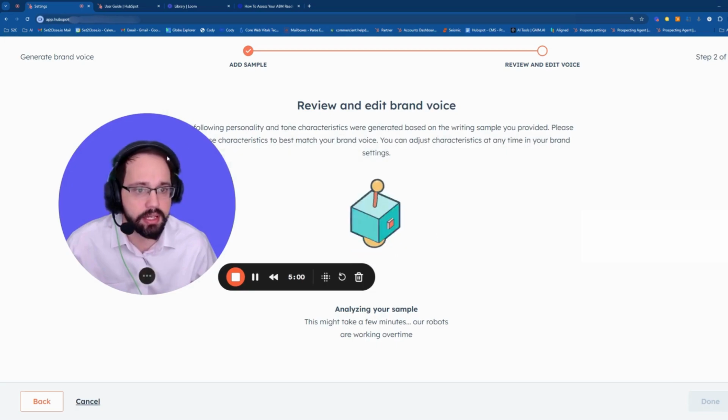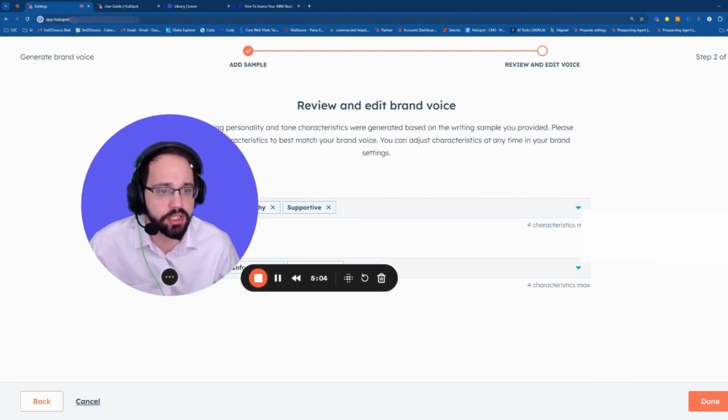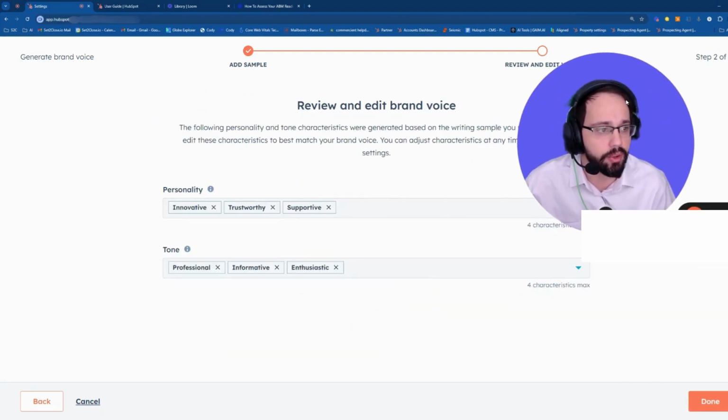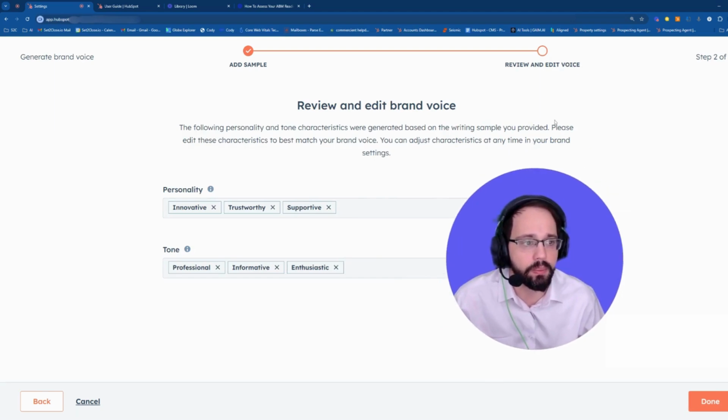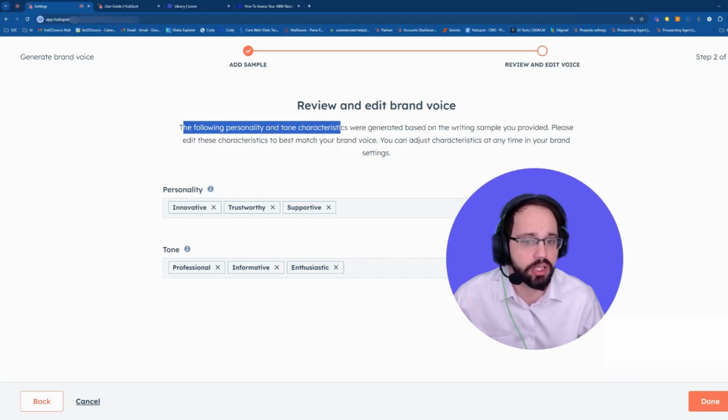So I've hit next here. Now we're in the review and edit. It does take a moment to generate. Once that little robot has done its thing, we can see here it will output some personality and tone characteristics that match what my writing sample